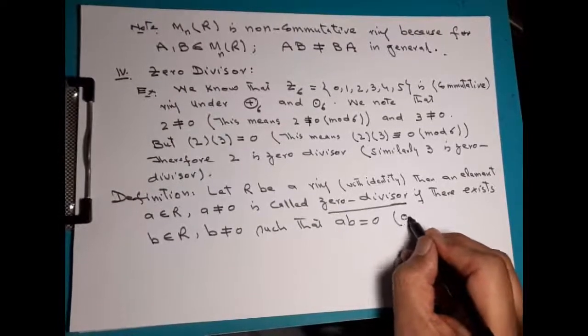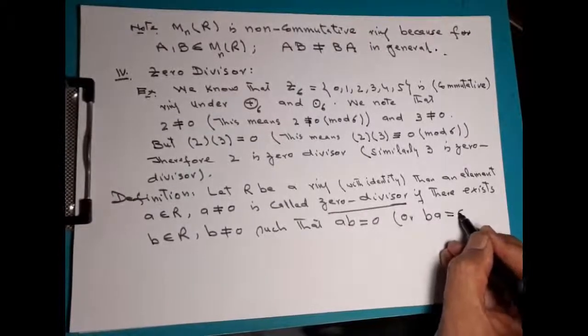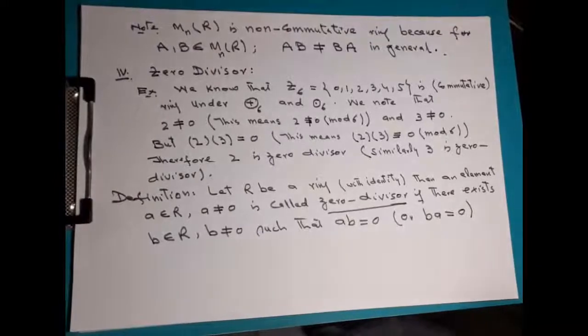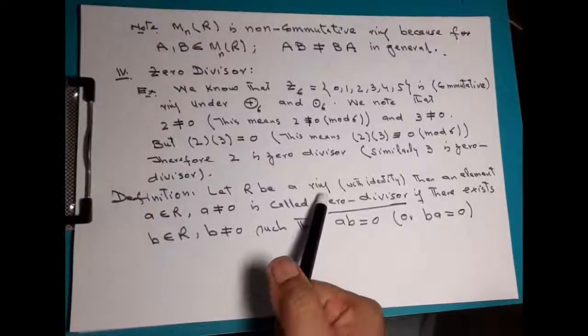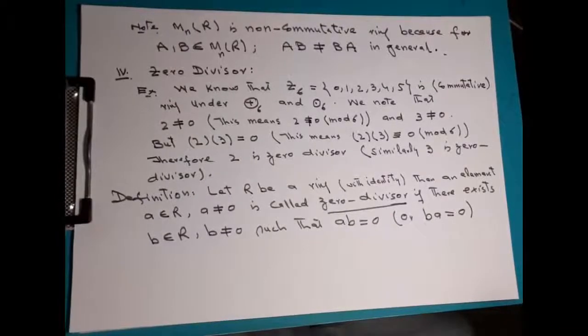Or maybe if we multiply B with A, the result is equal to 0, because we have not required that the ring is a commutative ring. If any one of these two conditions holds, then A will be a zero divisor. So a non-zero